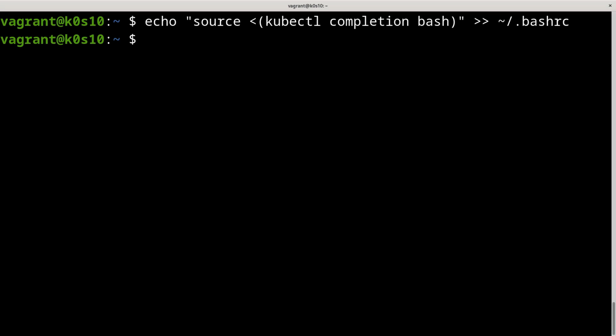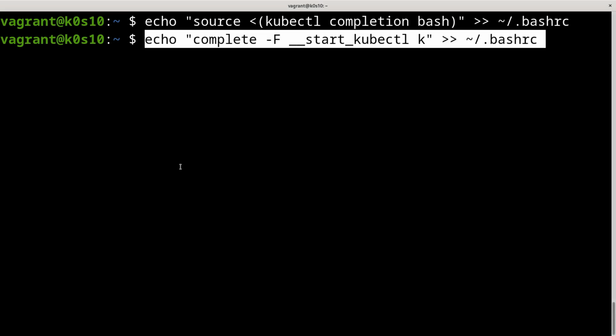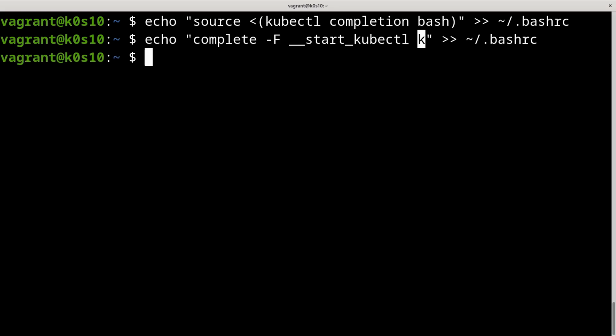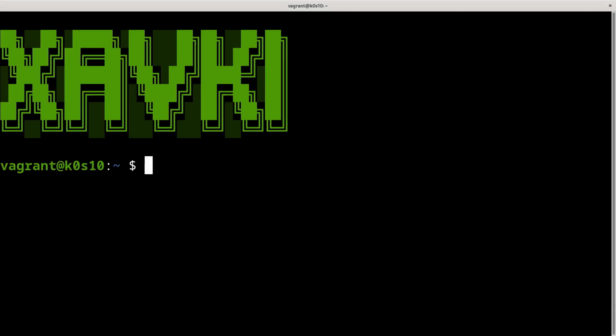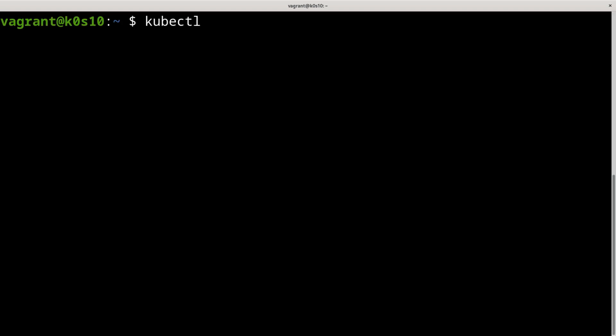After that, we'll add an alias based on the K key for kubectl, and to keep the auto-completion with the K, we need to add another line with complete -F and start kubectl with the K key, just like here in the bashrc. And after that, we can source, of course, our bashrc here to be sure that our auto-completion works.